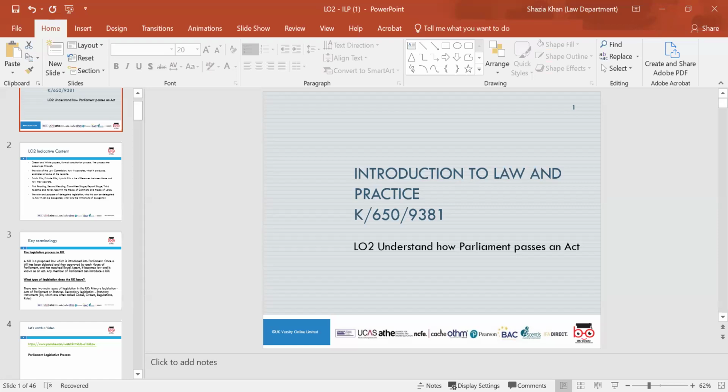We looked at the element of 1.4, which is what is law and its impact on society. We looked at the UK Constitution and its structure. We looked at the executive, judiciary, and how the organs fit together and how they work together. We looked at the impact of law on society as well. We looked at 1.5 differences between common law and statutory law,